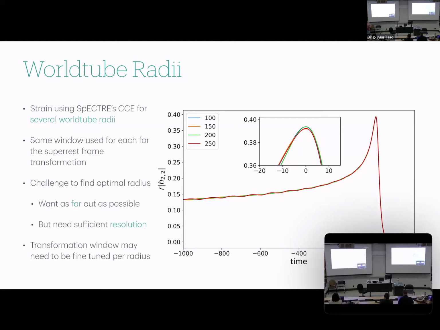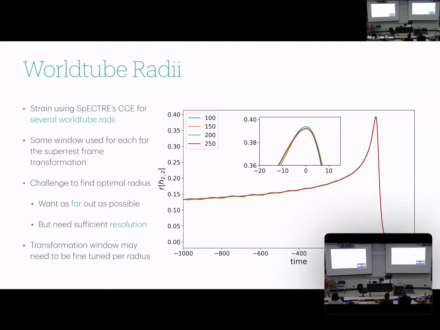It might be that in my initial Cauchy evolution, some of those higher radii maybe aren't well enough resolved to really use for this purpose. And so I want to look into that, because that's kind of the challenge, right? Since we're trying to get something to infinity, you want to start with something pretty far out, but you also need to make sure that it's resolved enough out there.